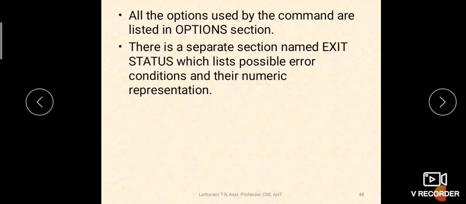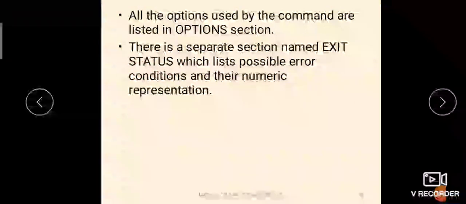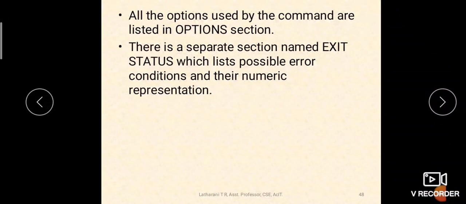There is a separate section called exit status, which lists possible error conditions and their numeric representations. You can check exit status also; I will show you.